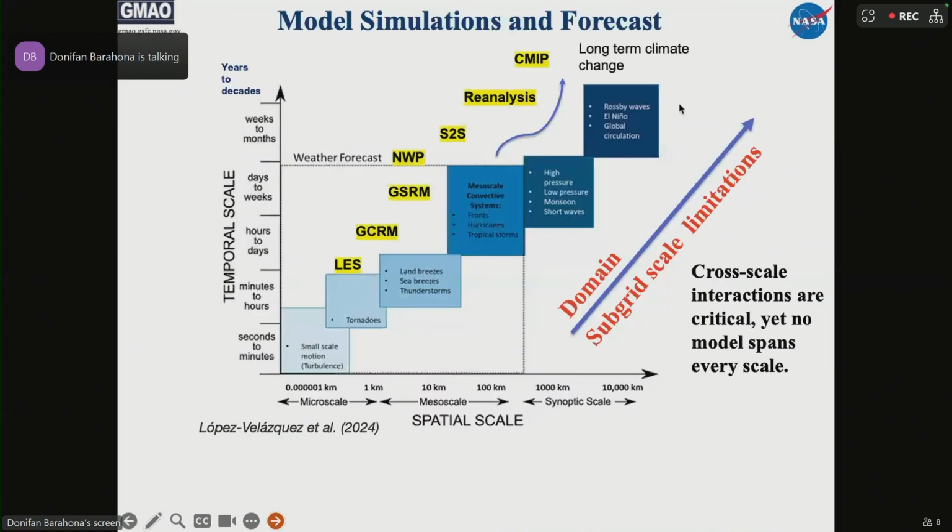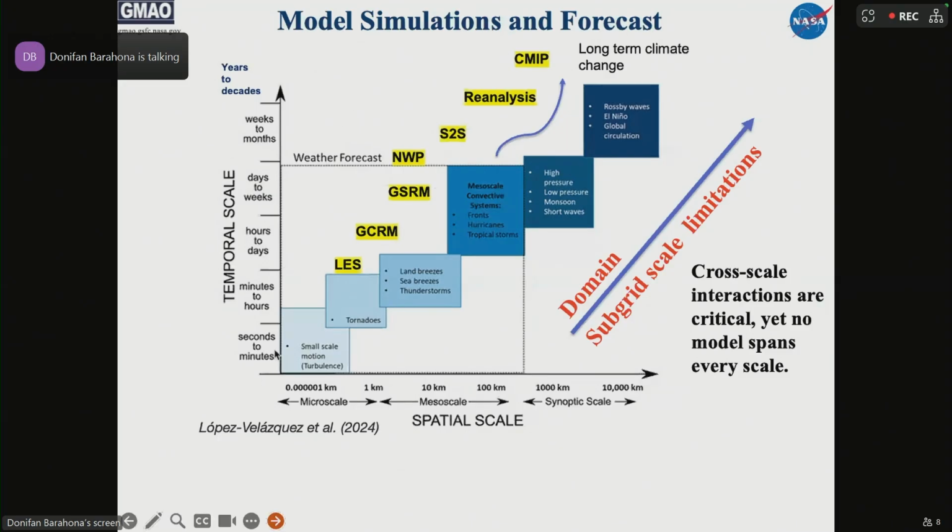Let me see. Here, there it is. So, if we think about how models work, different models aim to represent different scales, because different processes act on different scales, and we know this.